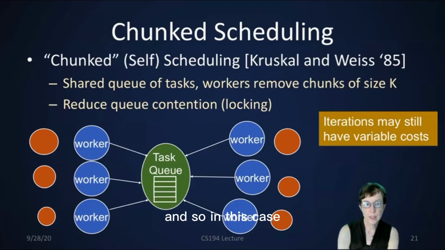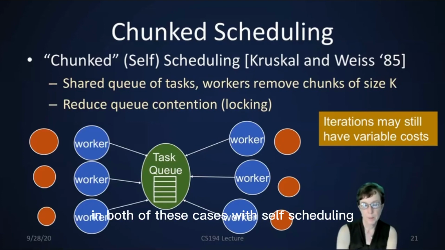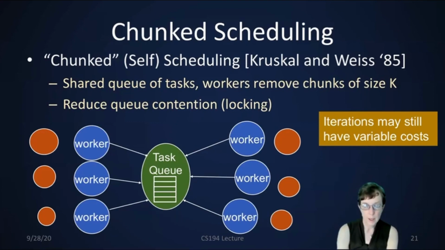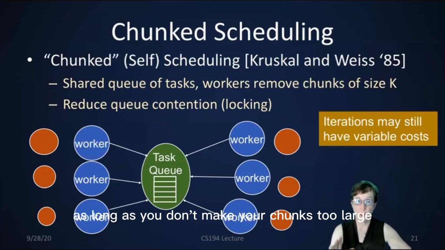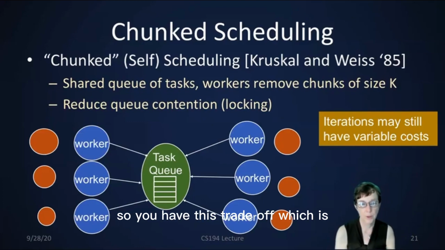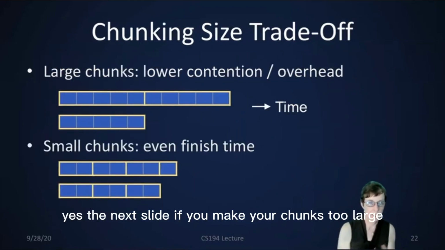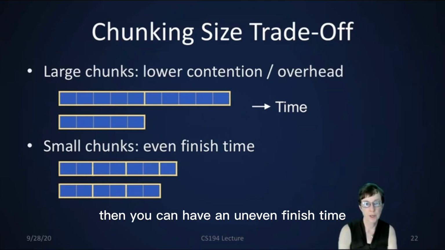And so in this case, the iterations can still have variable cost, and in this task queue, in both of these cases with self-scheduling and with chunk self-scheduling, you can even out the load balance as long as you don't make your chunks too large. So you have this trade-off, which is, on the next slide, if you make your chunks too large, then you can have an uneven finish time, even if